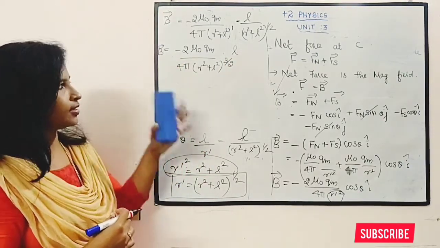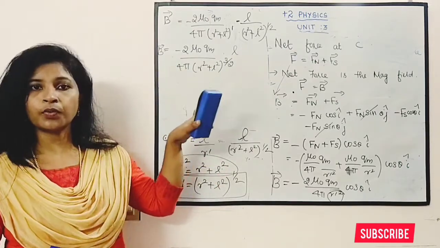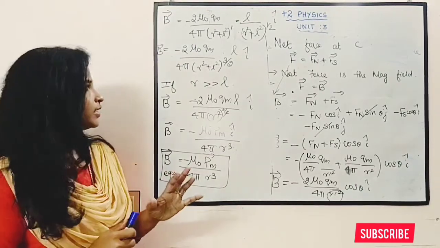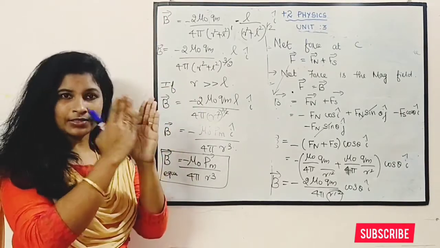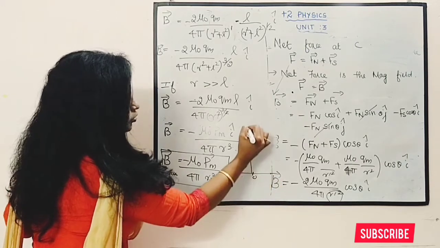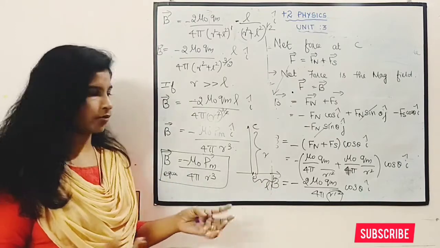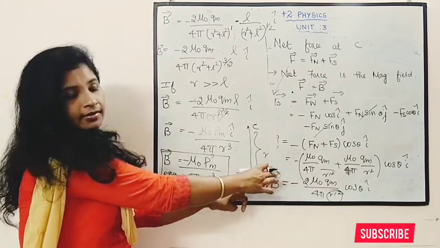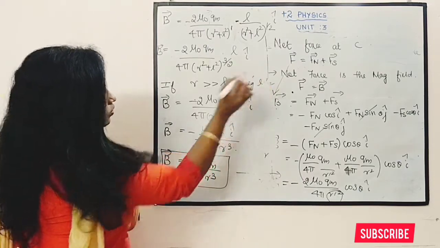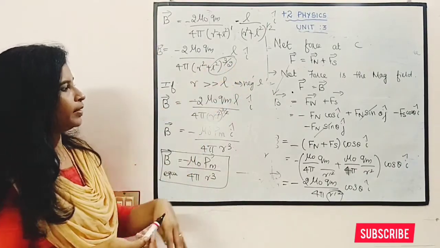Hereafter we are considering some special cases. So this is the magnetic field when we place the unit north pole at the equatorial line of a bar magnet. So the condition is, we took a distance between the center of the magnet and the point C. If this distance is very much greater than this distance, we can neglect this L. So in the next step we are neglecting this term, so L will be cancelled out.